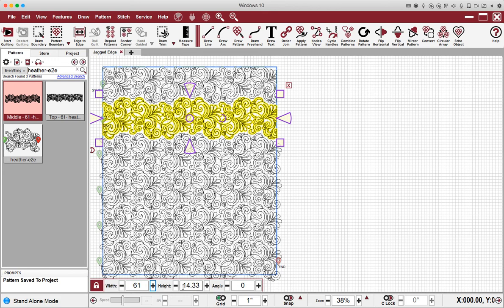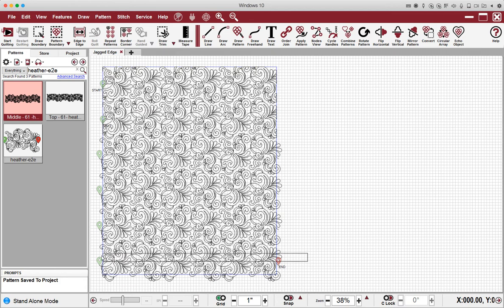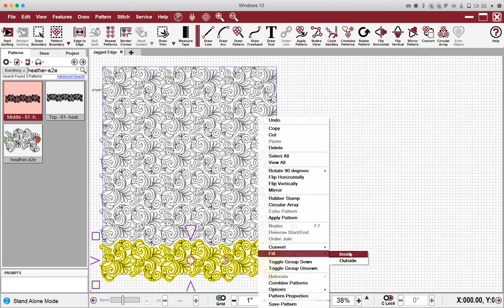Okay, now we can select this second row. Please note the height is 14.33, which was also the height of each one of the blocks or each one of the sections that were in there when we had the repeat patterns. If we look at this first row, it is not 14.33, it's 12.66 because we trimmed the top of this particular design, which we also have to do on this bottom. So we're going to go right to left, holding on to the left mouse button, right click, fill inside,